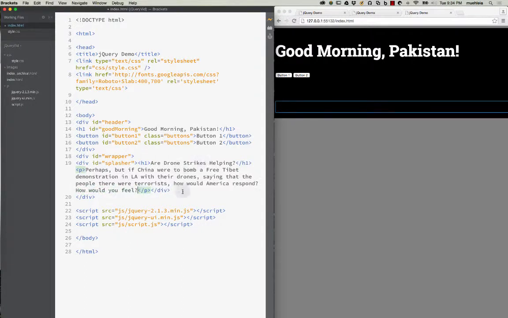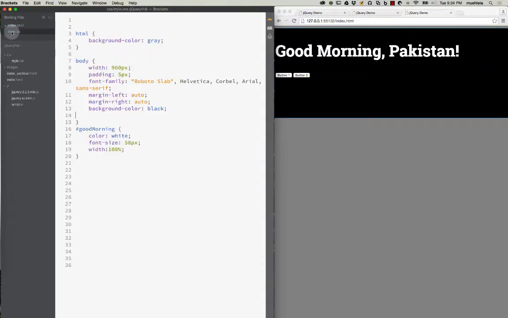All right, there you go. And of course, it's not going to show up. Why? Because text defaults to black in HTML, and we have a black background. So we'll add some